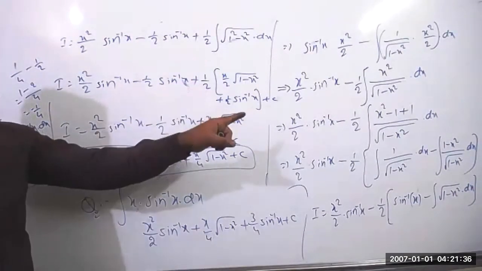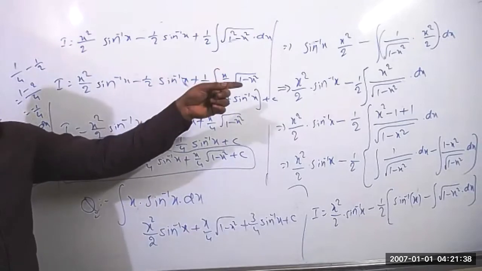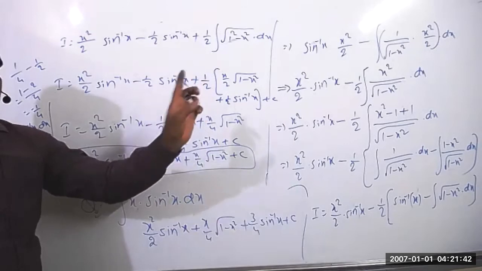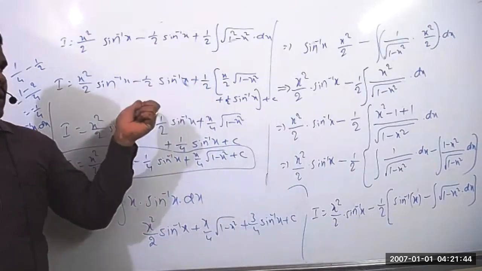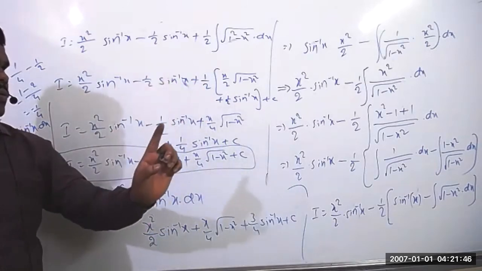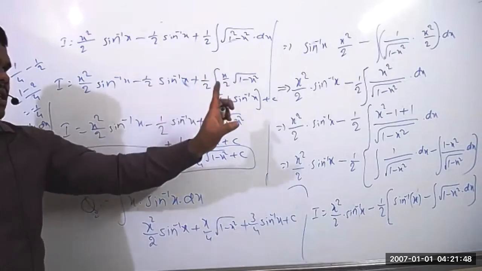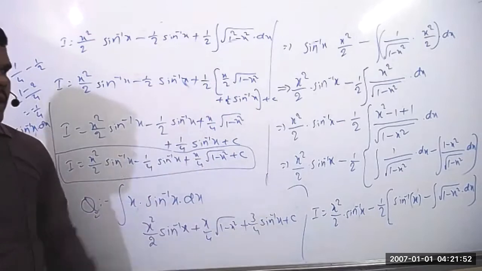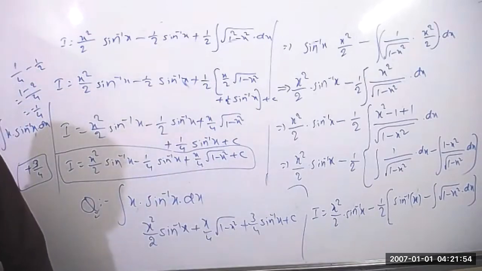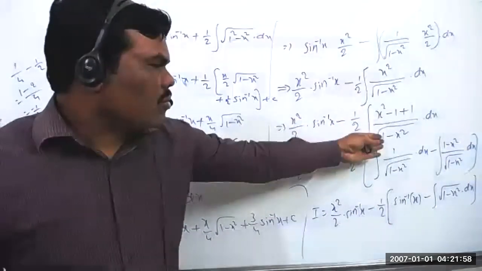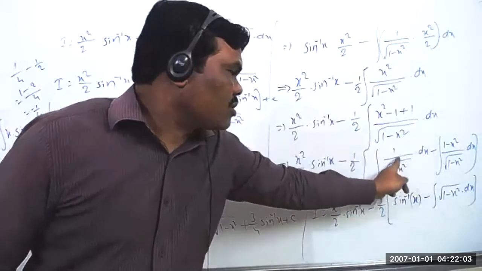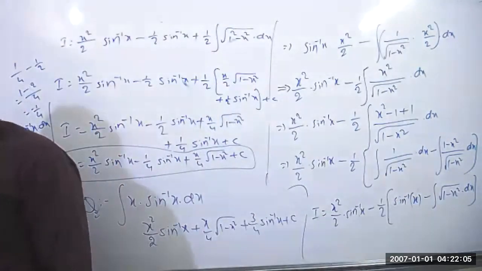Because we have taken directly the integration, the differentiation of sin inverse x equal to 1 by root of 1 minus x square only, but we can't differentiate that. Yes, it's correct. Integration of x equal to x square by 2. Anyhow, in the problem itself, minus is there. Yes, we're taking it outside only. 1 by 2 common, x square by root of... It will be correct. And already previously we were writing here. From this we are taking minus, that one we are writing in the second step. It will be the plus 1, taking as it is. Correct.